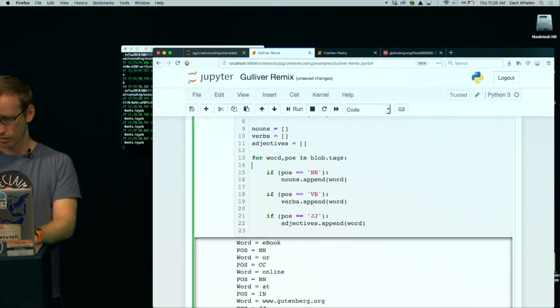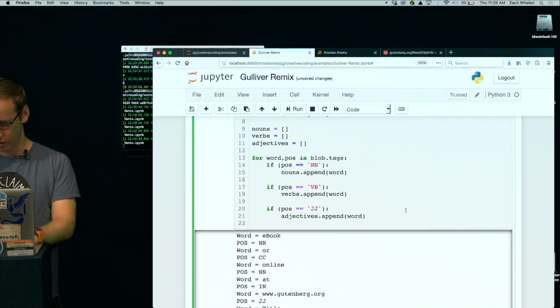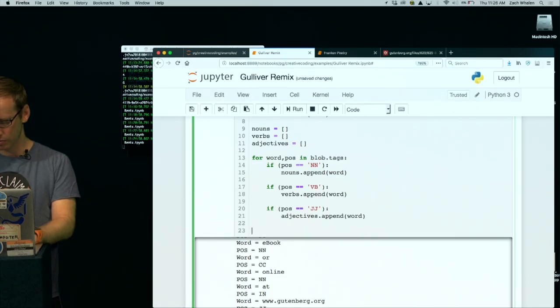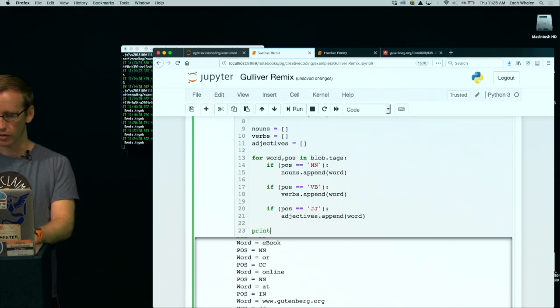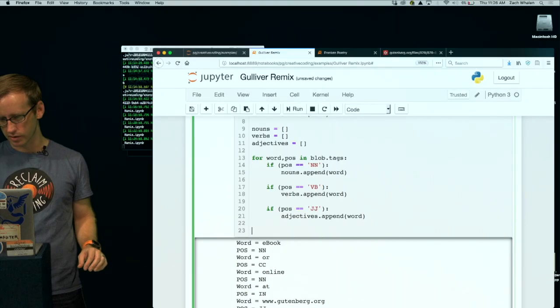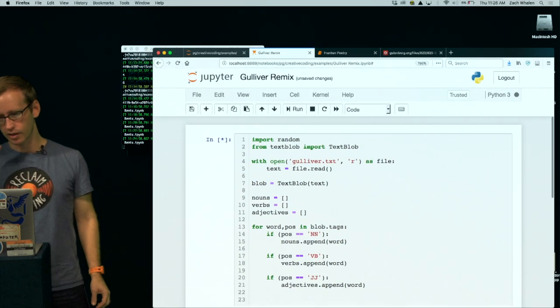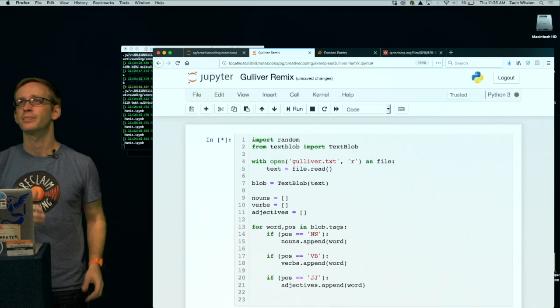So now I should end up with 3 lists if this works. And I will run this, but first I want to have it print something to check it. I'm going to have it print the length of, actually no, I don't need to do that. I can do this in a separate cell. So I'm going to run this first and then see if those lists have anything on them.